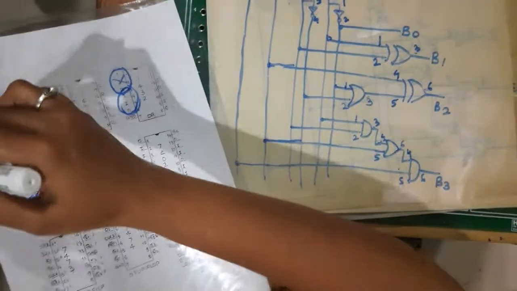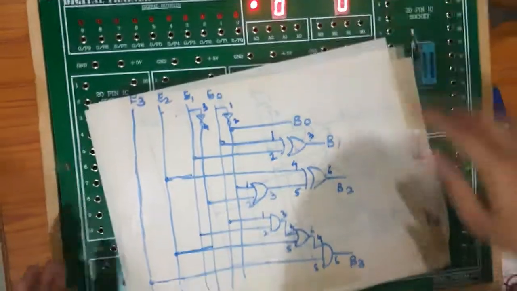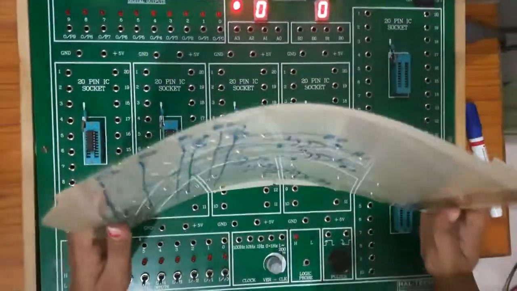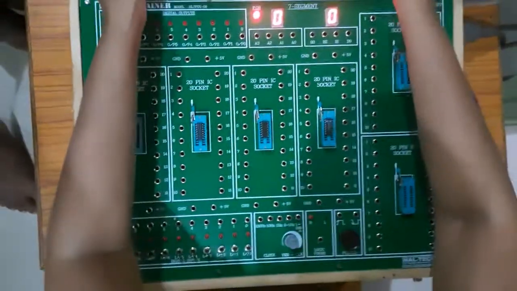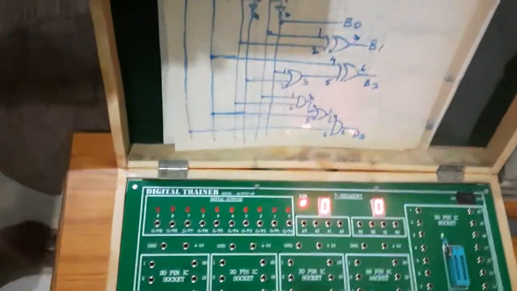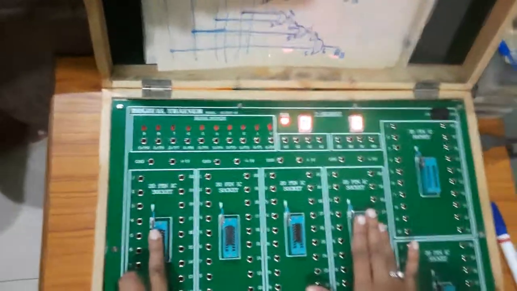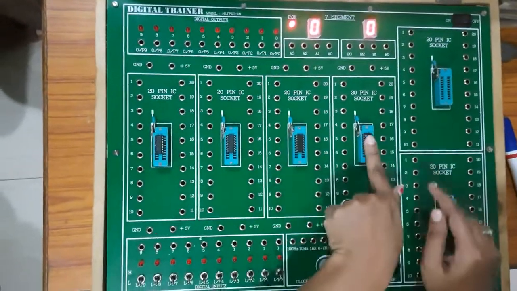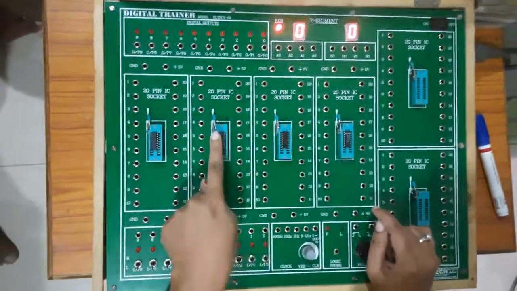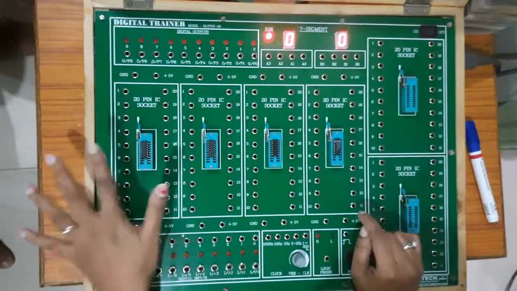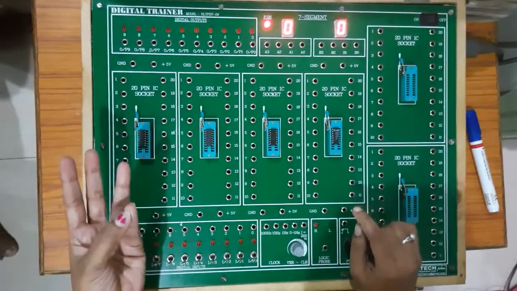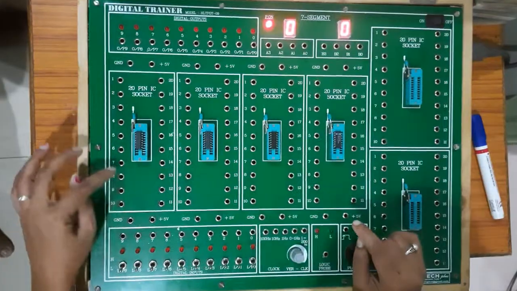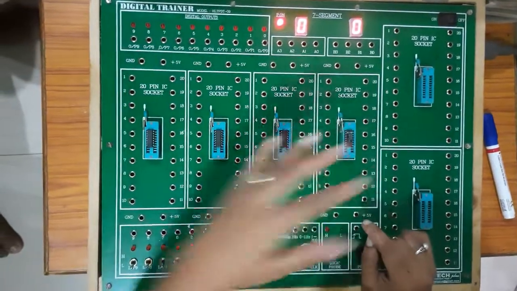Now referring to these pin numbers and the connections, I'll be able to design a circuit on this digital trainer kit. So this is in front of me, right? I have already mounted these 4 ICs over here. This is XOR gate 7486, and OR and NOT 7404, 7432, 7408. I hope you remember all the IC numbers. These are important. The things to remember are the name or number of the ICs, and how many pins there are in each of the ICs.